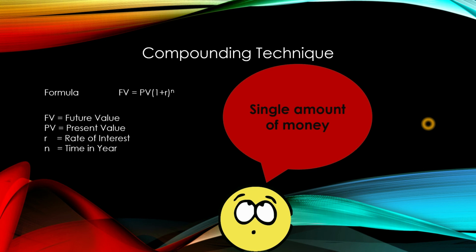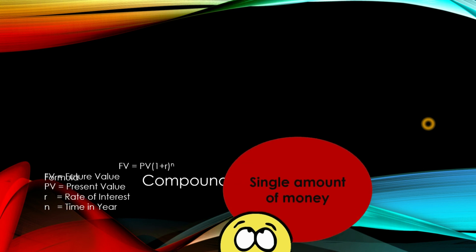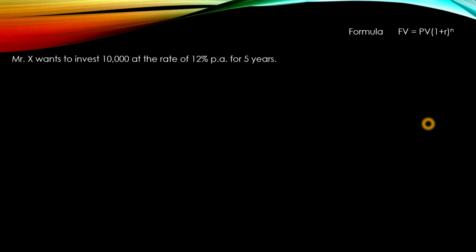Now let's apply this formula in an example to understand it better. The example is like Mr. X wants to know the value of his 10,000 rupees after 5 years at a 12% rate. Here this 12% rate can be the investment rate of a bank if he wants to invest in a bank. It also can be the inflation rate if he wants to know the purchasing power of money. Or the expected rate of return if he wants to invest this money in a business and is expecting 12% return.